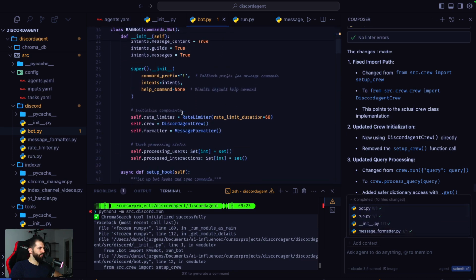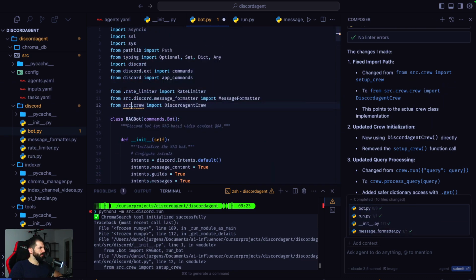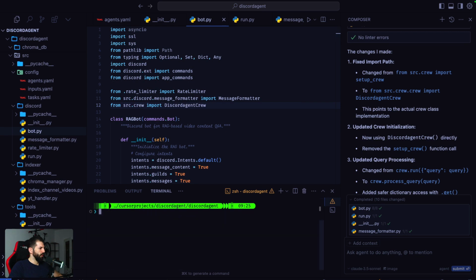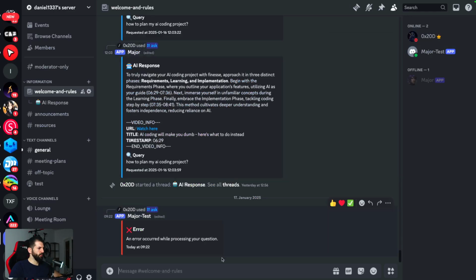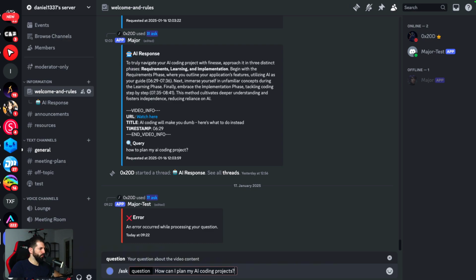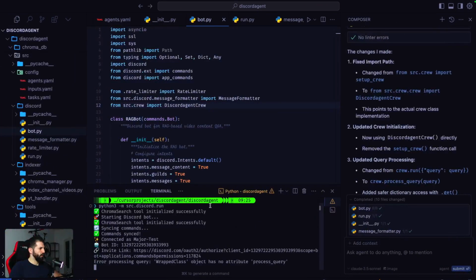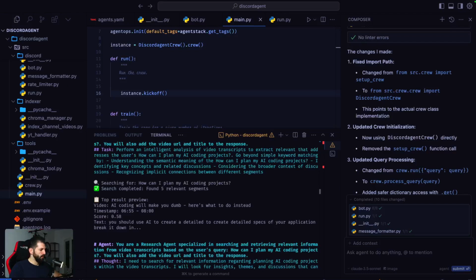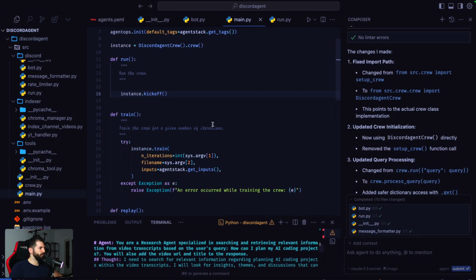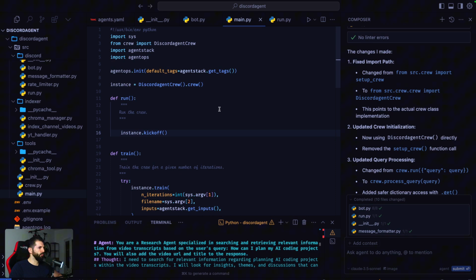But let's see. So apparently we have to import that from source.crew. And let's see if this works. Probably not. So the bot is online, and we ask the question once more, and we run into an issue immediately. Well, okay, so the error was, well, kind of obvious, unfortunately,